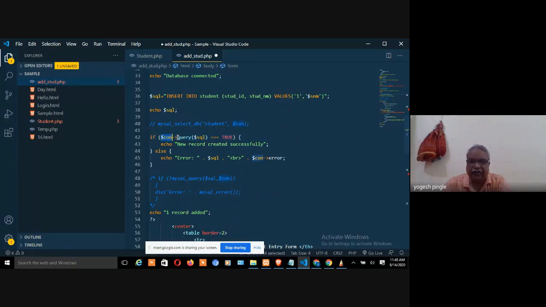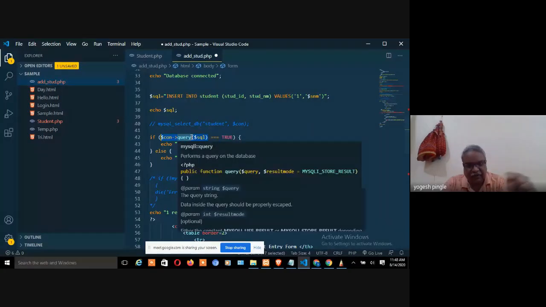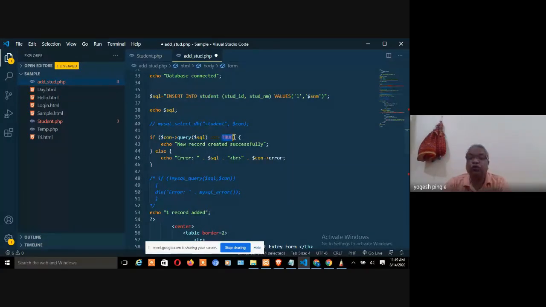$con pointing to this particular query. That means over here my connection is also pointing to that particular cursor, equal to true. यानी ये अगर क्वेरी मैंने फायर किया, ये फायर करने का सिंटैक्स है. I am actually executing the query. If it equal to true, not equal to, अभी equal to में 3 बार equal to डाला है. Just see, syntax difference है.